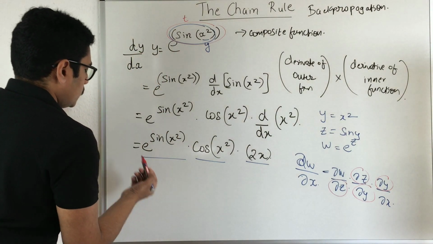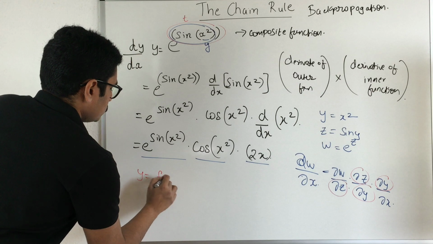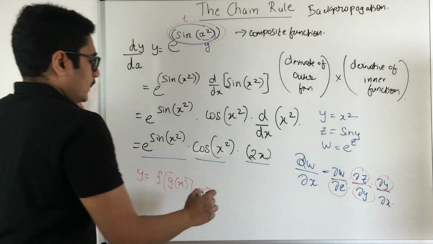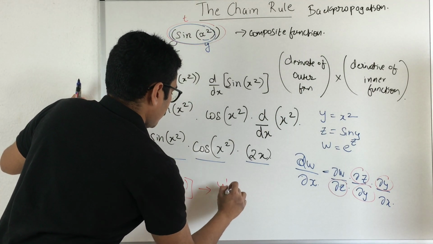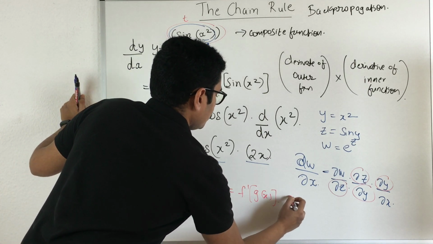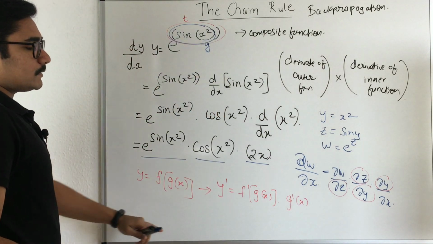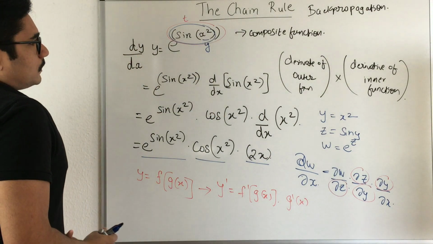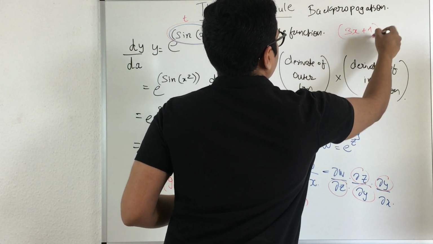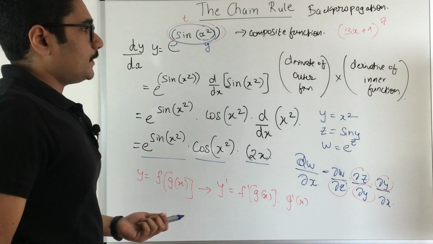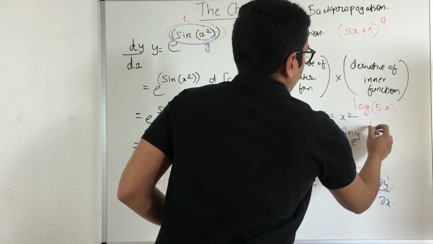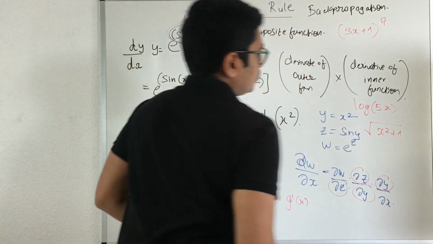Now for the general format, say this is represented as f of g of x. If you want to take the derivative, that is you have y prime is equal to f dash g of x into derivative of g of x. So that becomes a composite function. Now this not only goes with these exponential functions, like you have some functions, say 3x plus 1 raised to 7, where you need to take the derivative. Also if you have some logarithmic functions like 5x, or if you have some square root functions like this.